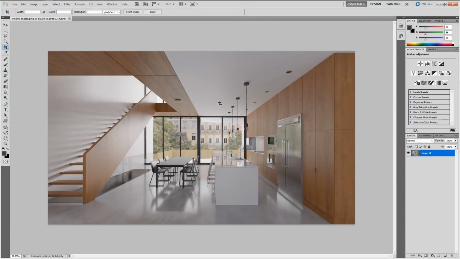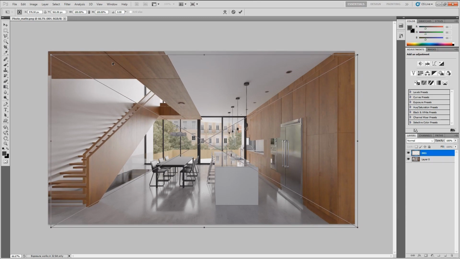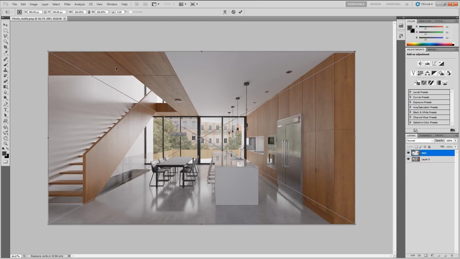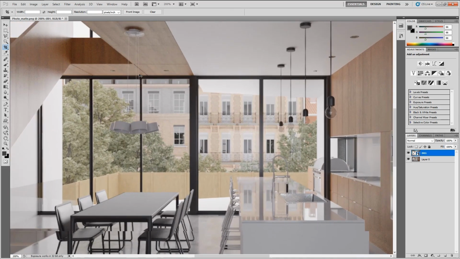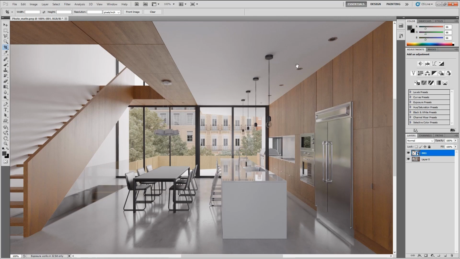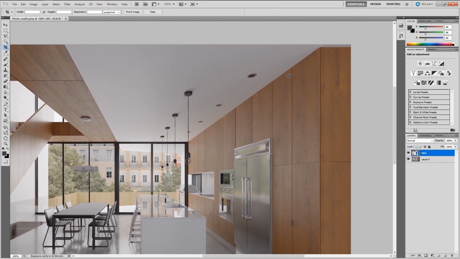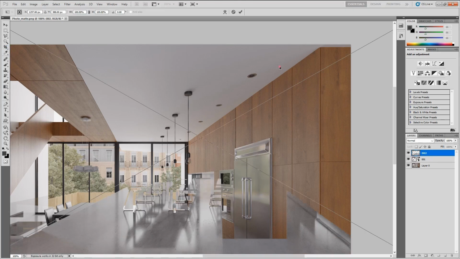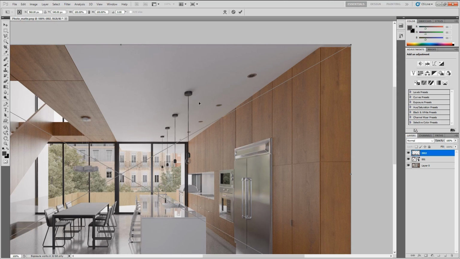In Photoshop, I have my image open, and to import the elements, I can simply drag and drop them into my file. You just have to be sure they're matching exactly the corners of the original image. Some older versions of Photoshop tend to move the elements slightly, just a few pixels to the left or right. And we can simply add one element after another, align them together,